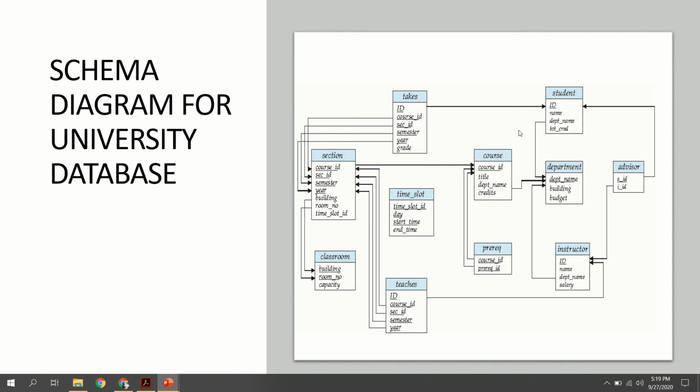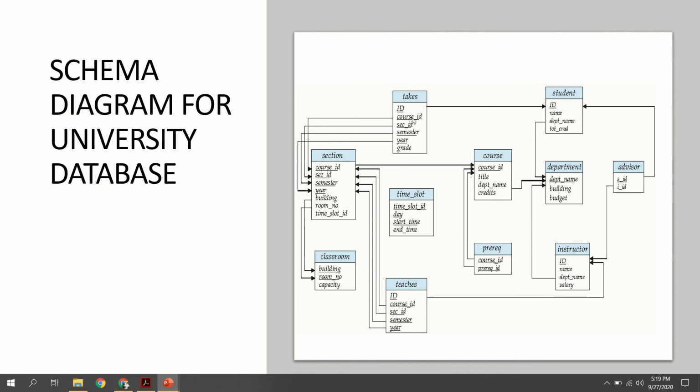This diagram is for a university database. From this diagram it is clear that there are different tables, and we just studied that a table is represented by a rectangular box. Here you can see 11 boxes, which means 11 tables. The name of the table is given on the top, middle aligned, which are takes, student, section, course, time slot, department, advisor, instructor, prerequisite, teaches, classroom. So these are the main relations used in the university database. So that point is over.